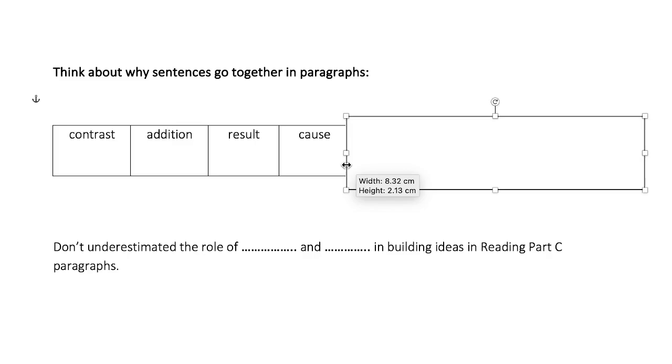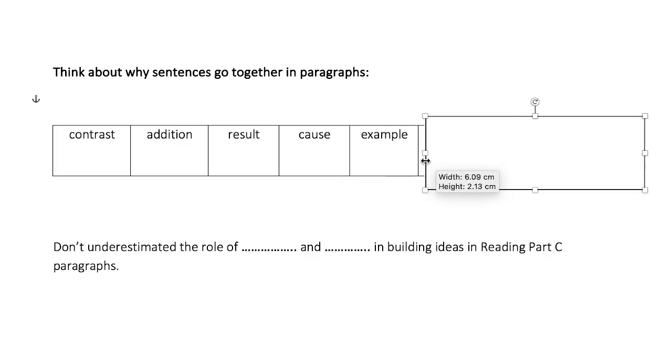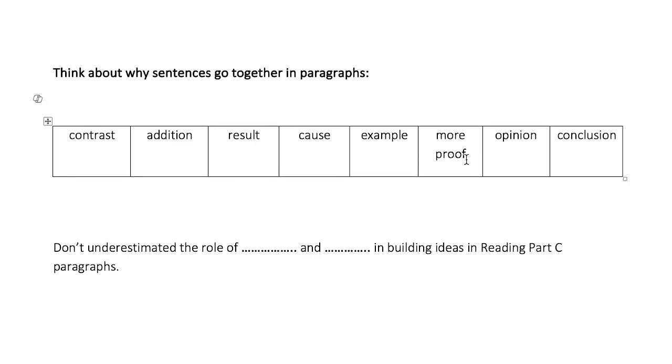They could be showing a cause. They could be showing an example of something that you've just discussed. They could be giving more proof, more evidence. They could be giving opinions. They could be giving a conclusion towards the end of the text. So what we should try and remember is not to underestimate the role of linkers,